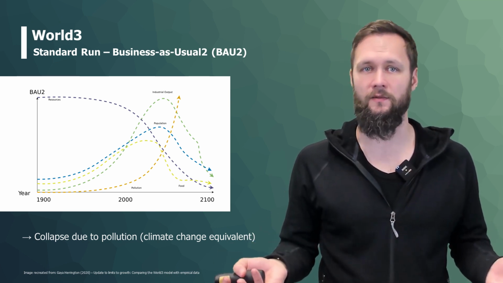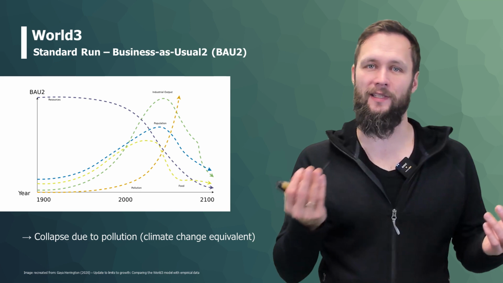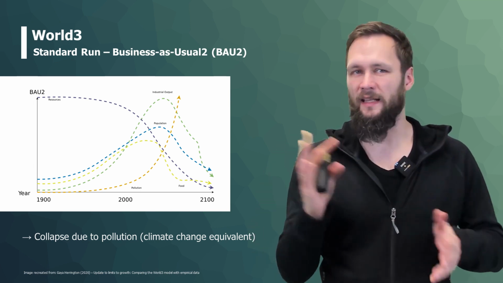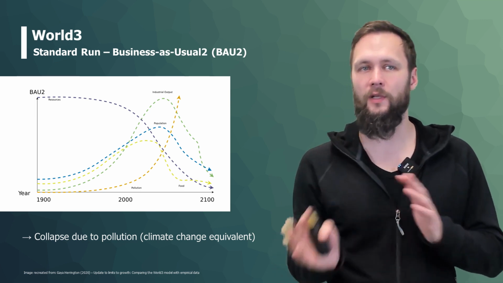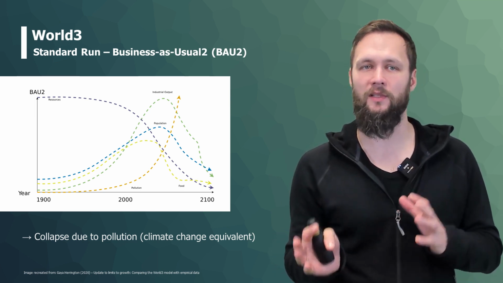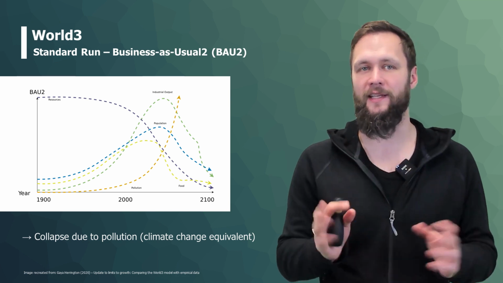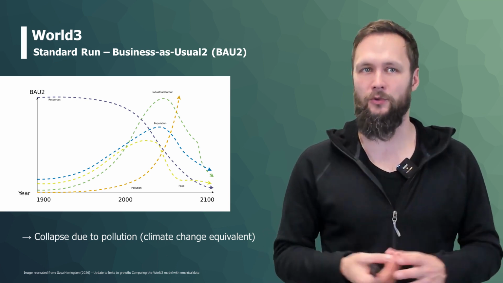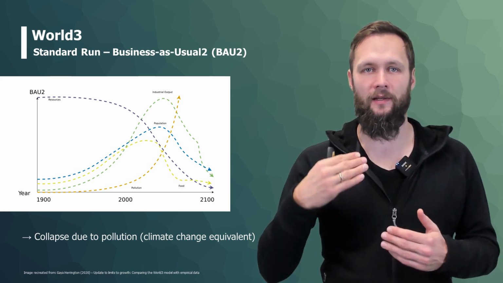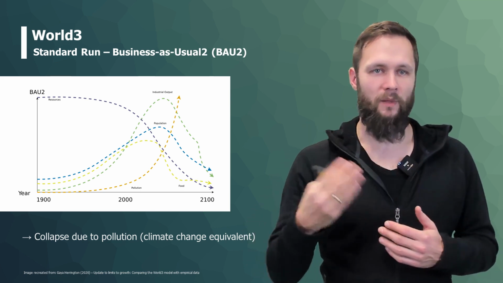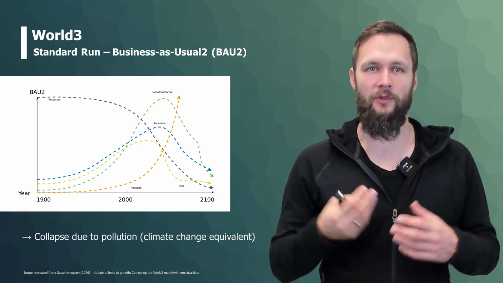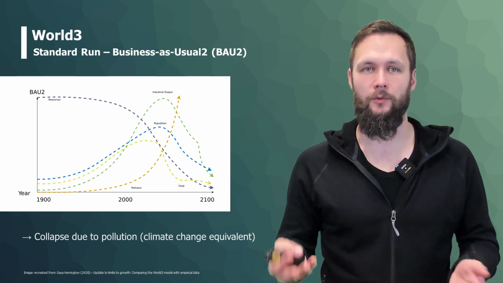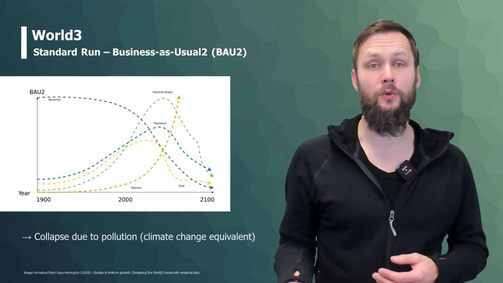Remember 1972? If you look back to the history of political action lecture, you might remember that 1972 was when we slowly started talking about sustainability, caring about the environment, and thinking about climate change. So this is not a variable in that model yet, but the collapse due to pollution is also something that is only supercharged by climate change, because everything that has been considered there for pollution also often contributes to climate change in terms of, for example, CO2 emissions.